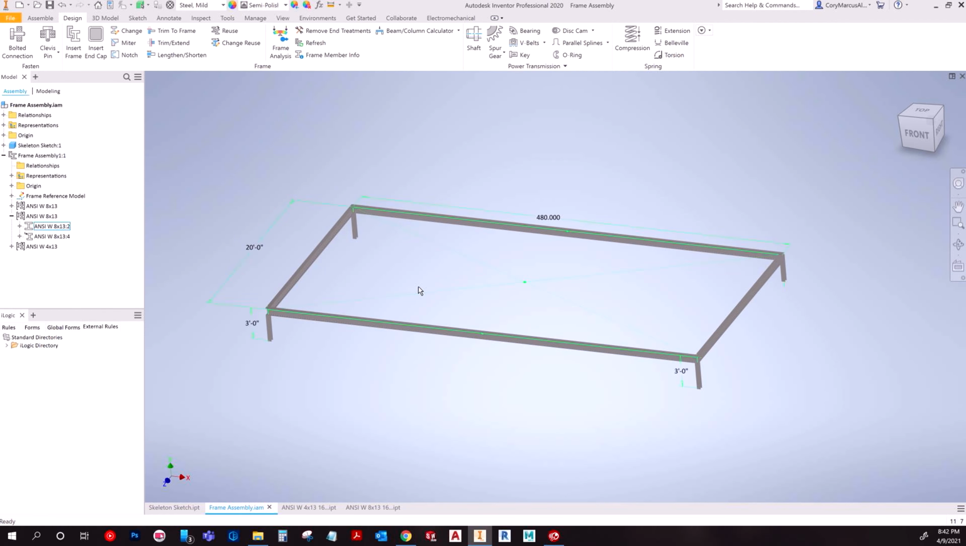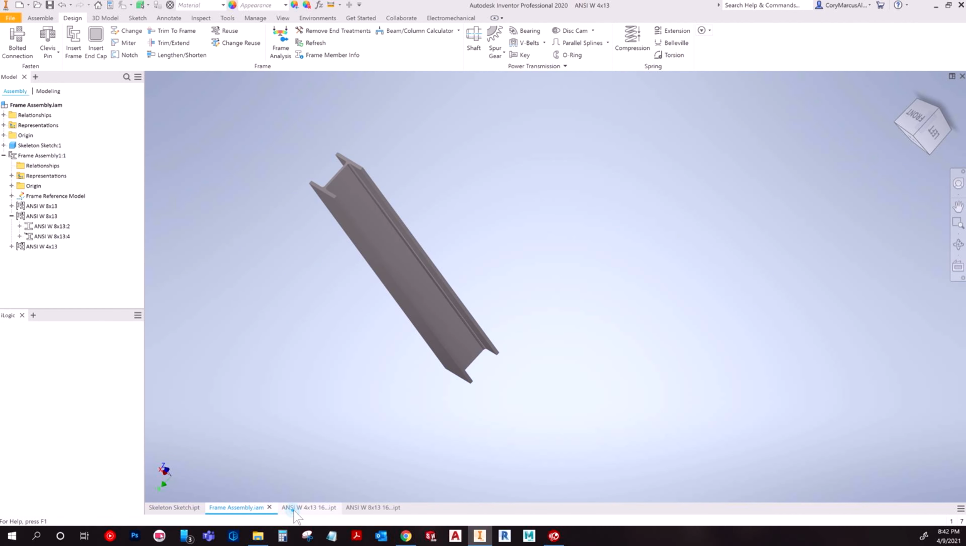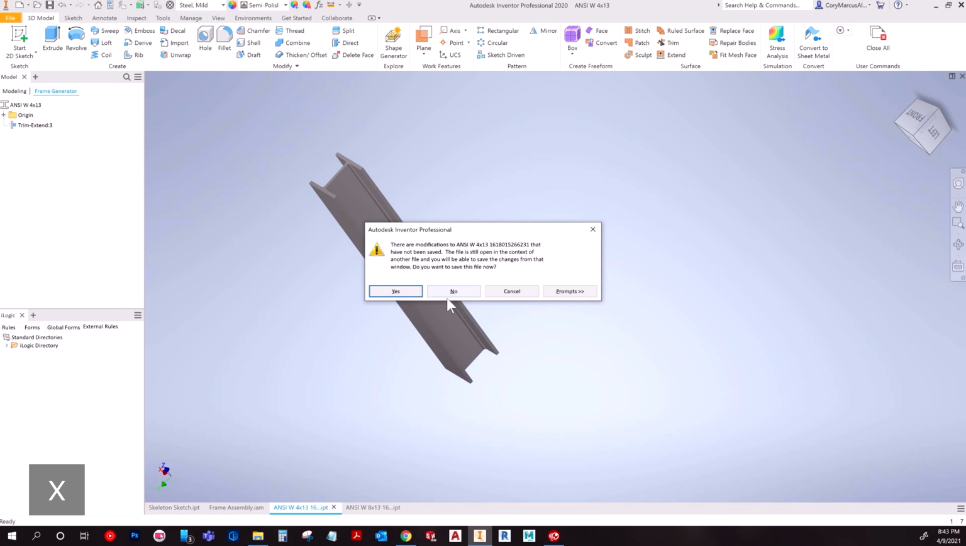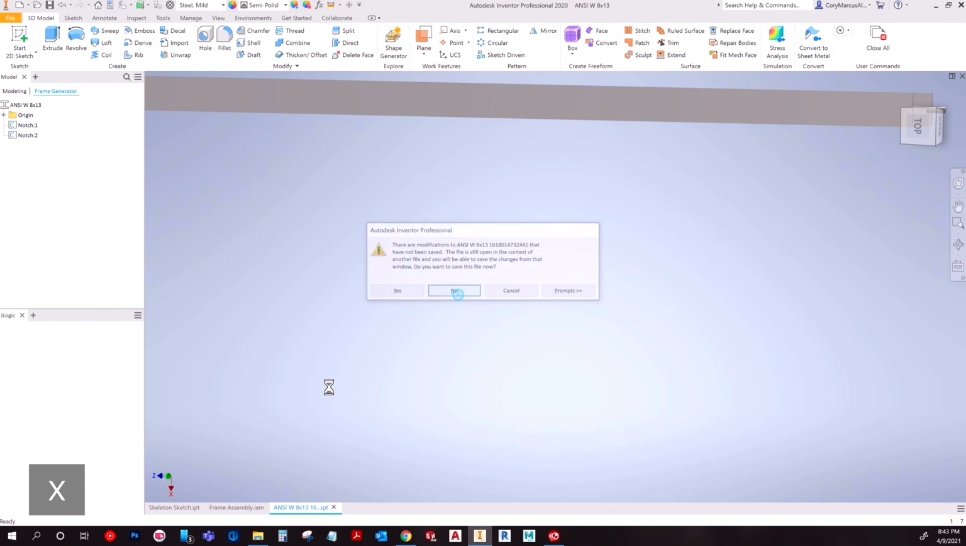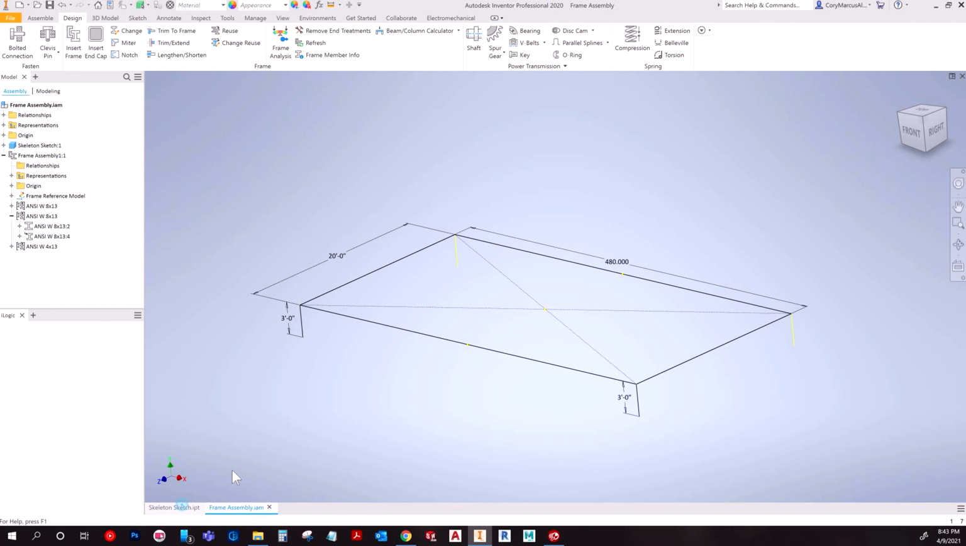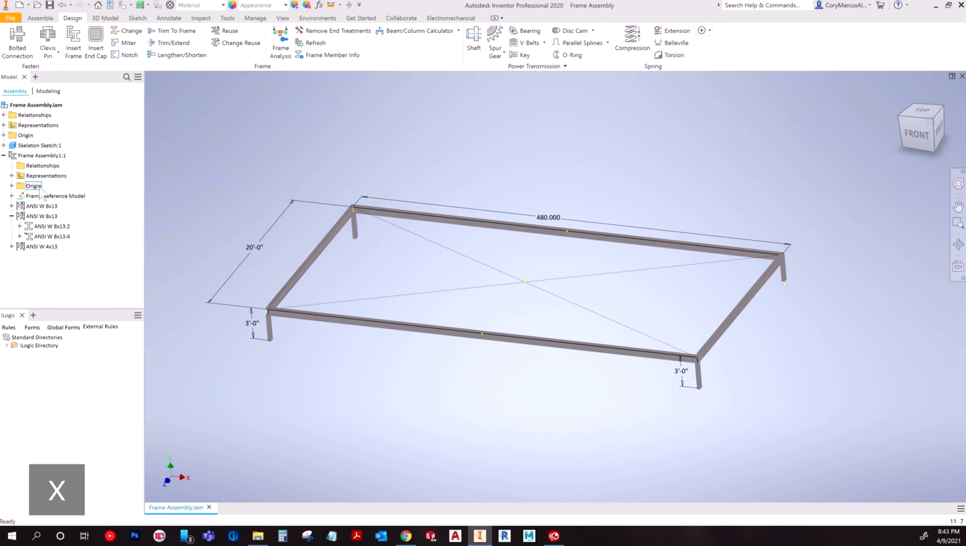I mean, if you were to go in and manually do this, it's a lot of constraining, and here is really the best part. If I were to go in and just close some of these, and I have X set to my hotkey to close, it's a little quicker, but if I were to close everything but the sketch, and then I edit the sketch,